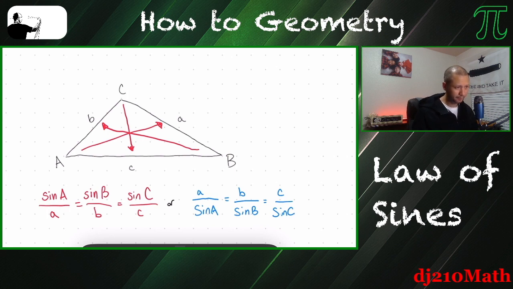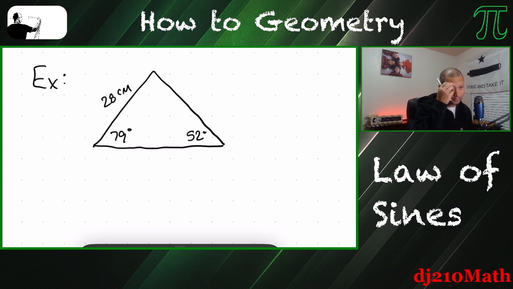So let's see an example. Okay, here's an example of a random triangle, and we're given two angles and a side. It is worth noting that the law of sines works specifically when we know